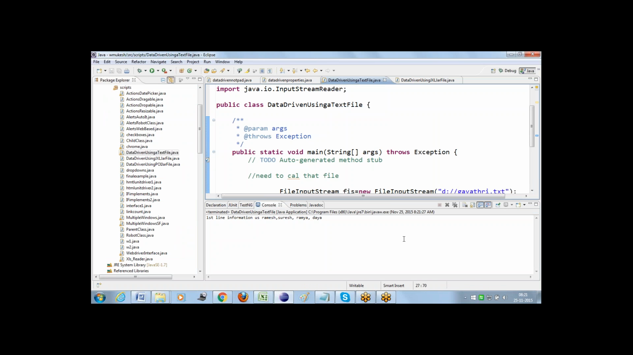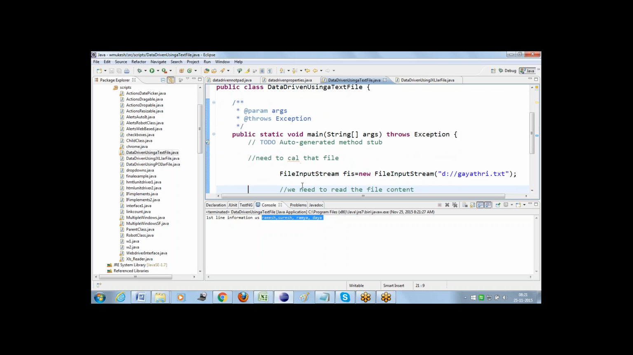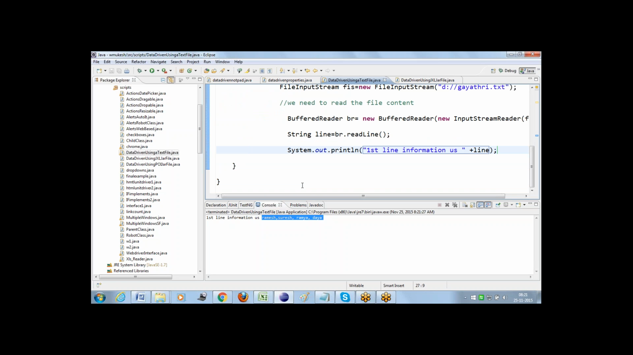See, it's been executing that. See here, Ramesh, Suresh, Ramya and Daya information got printed to the console. That's fine. Done up to here. So it's been printing the information. That's fine. So the below command